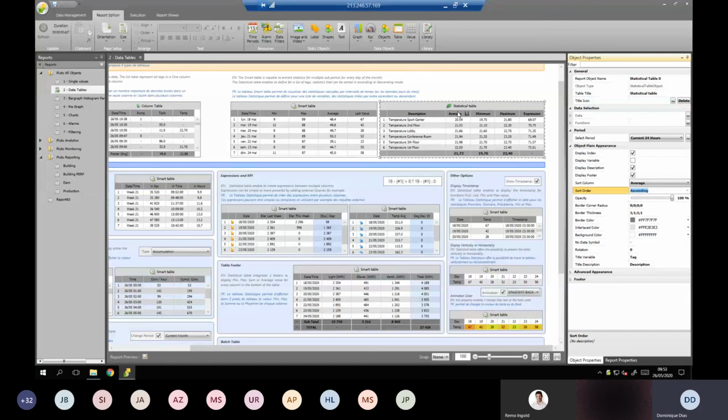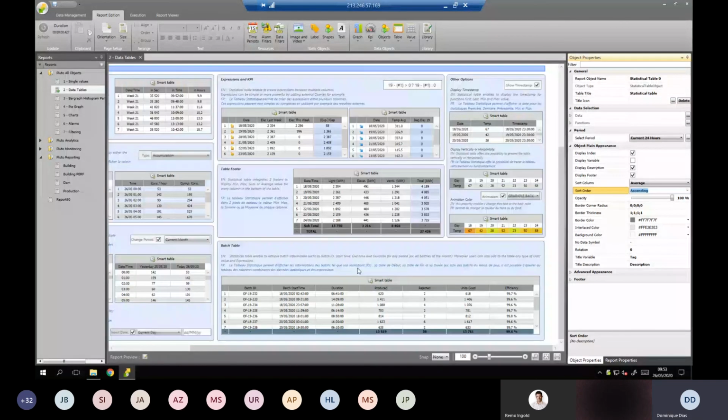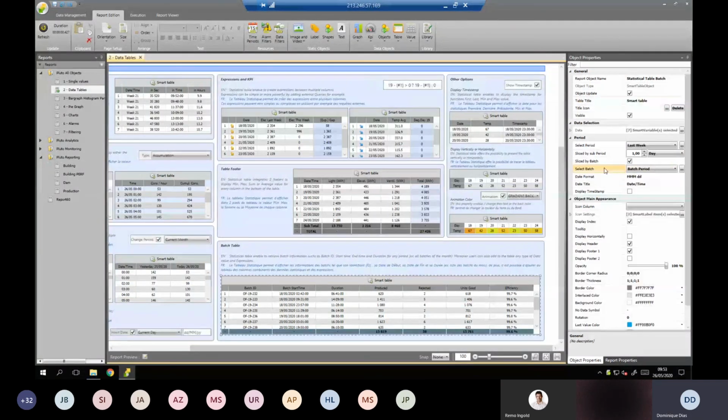If you want to see, if you are into a batch process, if you are producing units, the product is managing what we call batch periods. And so people can see for each batch how long the batch duration was, what time it starts, and you can see for each batch the production and all the KPIs that you need to know about your batch